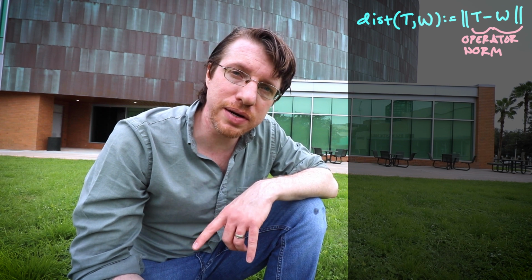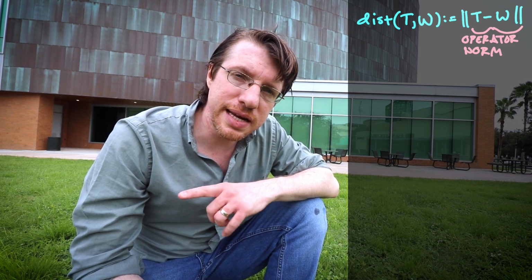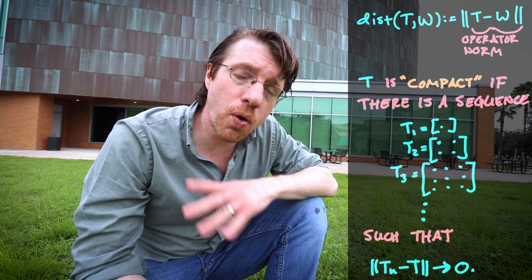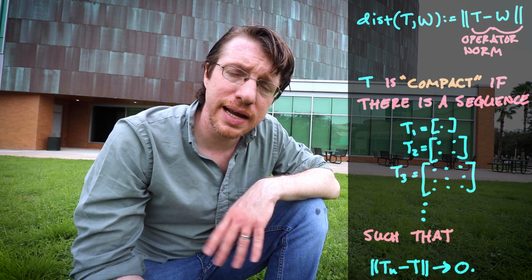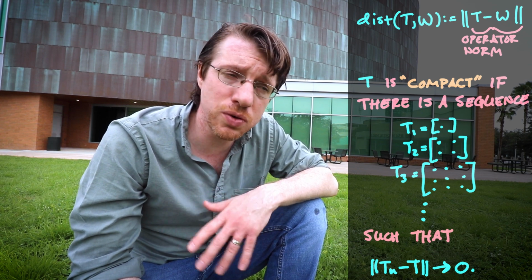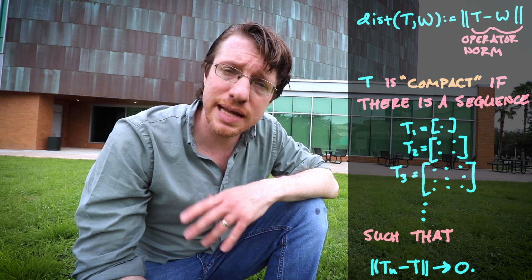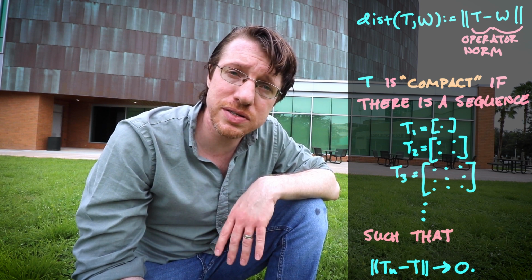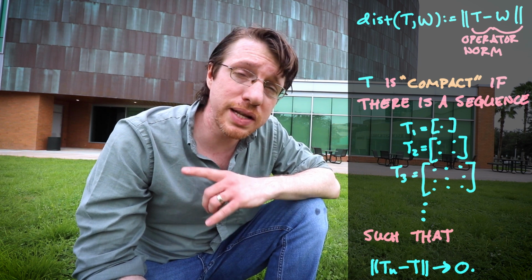A compact operator is an operator T that admits a finite rank approximation according to the norm topology. And what that means is that there's going to be some sequence of finite rank operators, or say matrices, that will converge to your operator T according to this norm. And since DMD is all about making finite rank operators from the data we observed,